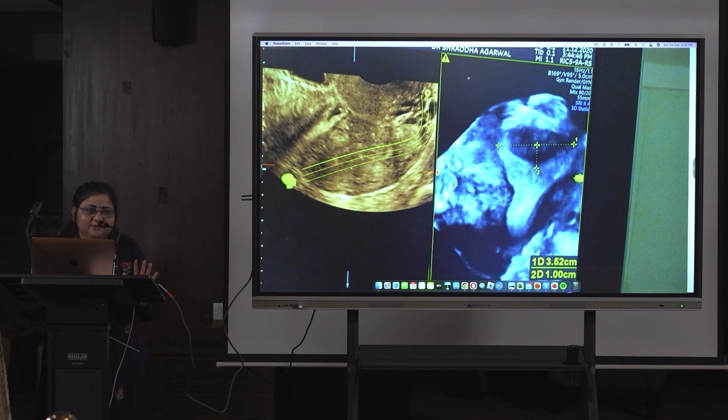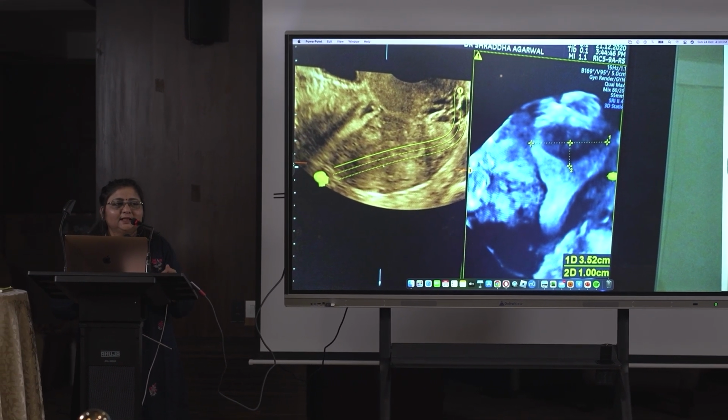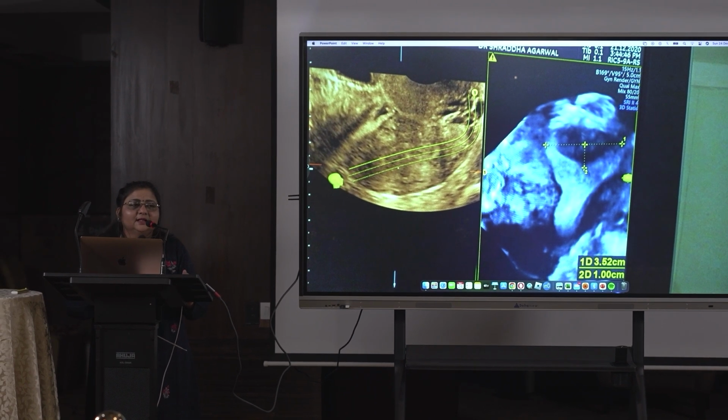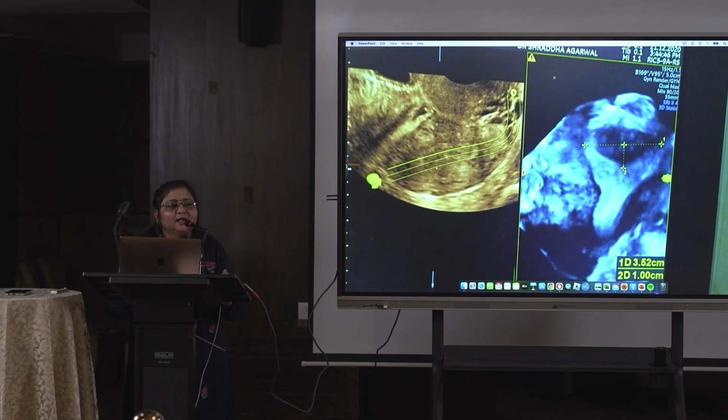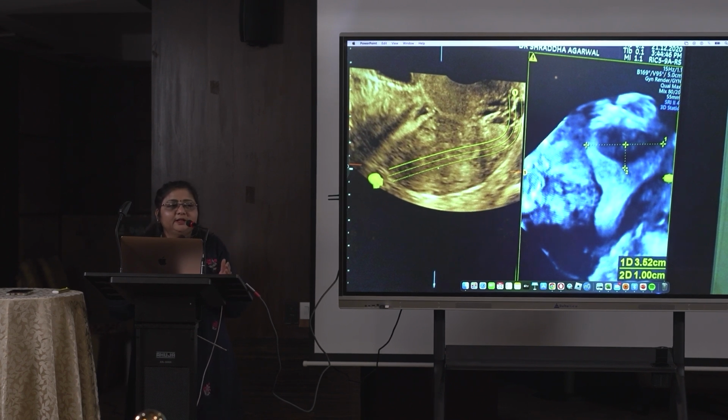Suppose this patient conceives normally and she comes to you after a few months. So will you treat her as a partial septate uterus or an arcuate uterus? This is the clinical point. No, we'll treat her as an arcuate uterus only. Why? Because she has already conceived and has an ongoing pregnancy. Septate uterus patients will never conceive.